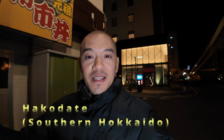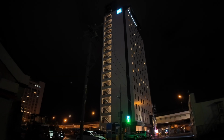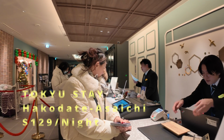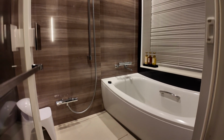Alright guys, so we just made it to Hakodate. We flew from Haneda International Airport. It's about an hour and a half flight, and then we took a bus and then walked from the main station from the town center to the hotel. The hotel we're staying at is called Tokyo Stay Hakodate. It's actually a very beautiful hotel. It costs about $120 a night, which is very affordable in my opinion. And what's great, it's very roomy and spacious. There's laundry in the room as well, which is awesome because we didn't pack too heavy for this trip to